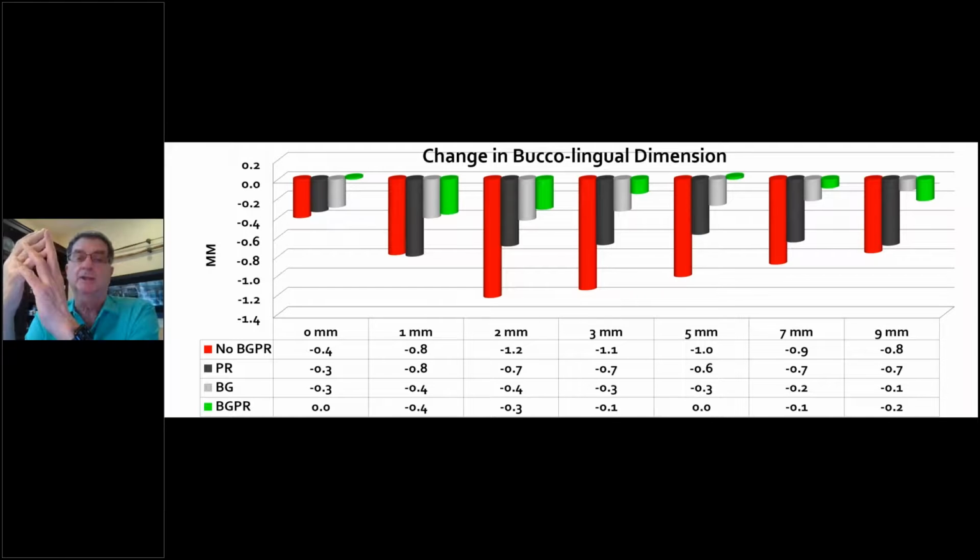And dual zone socket management to thicken the tissue, and that's what we saw. So this was really earth-shattering for us, but it shows you the evidence base as to what we do and why we do it. So we fill the gap for shape. It does not affect what's up against the implant.